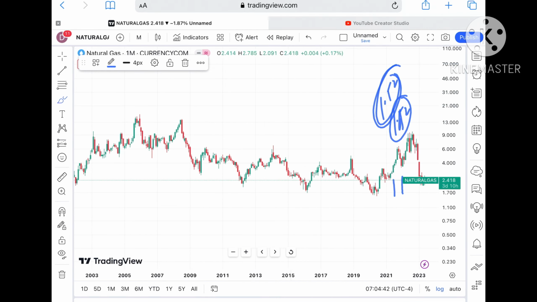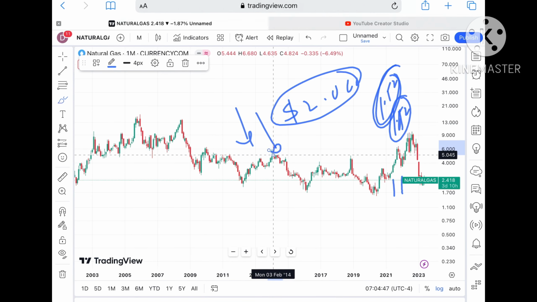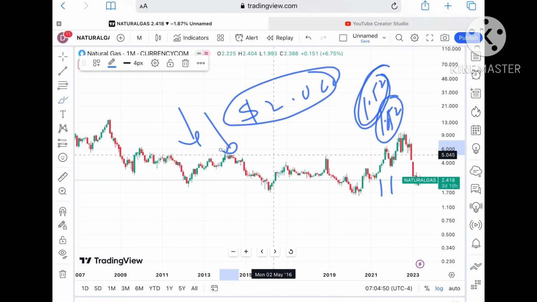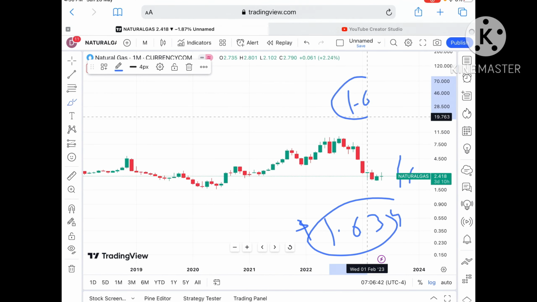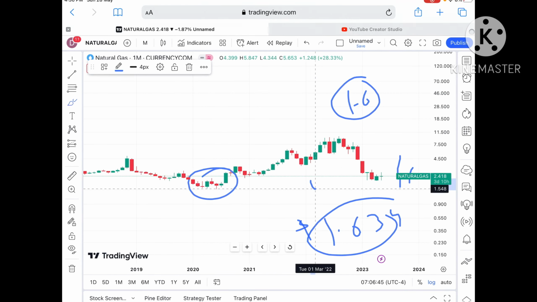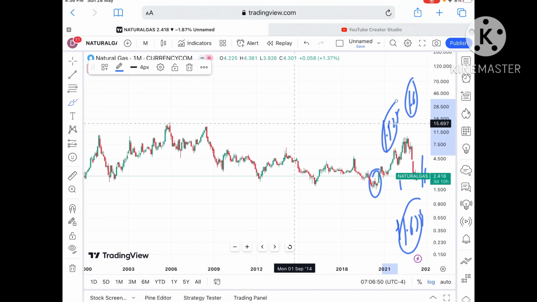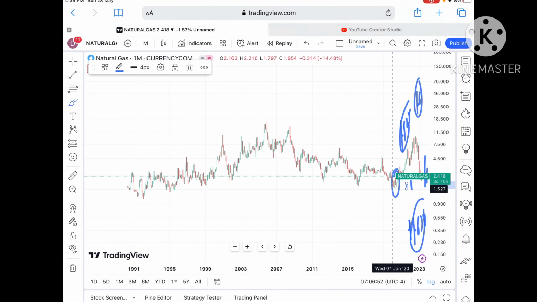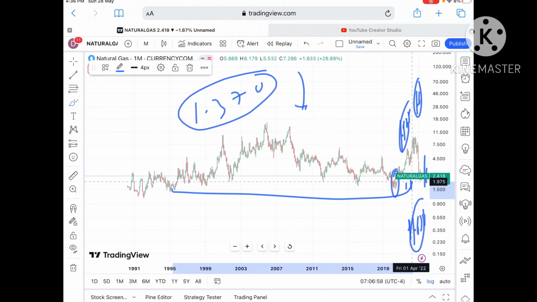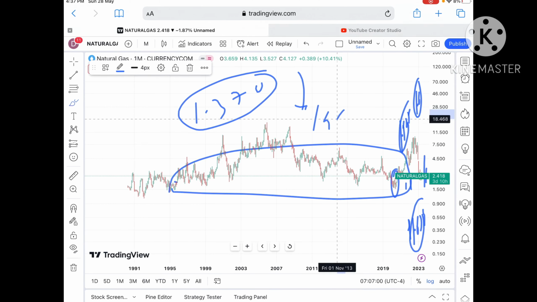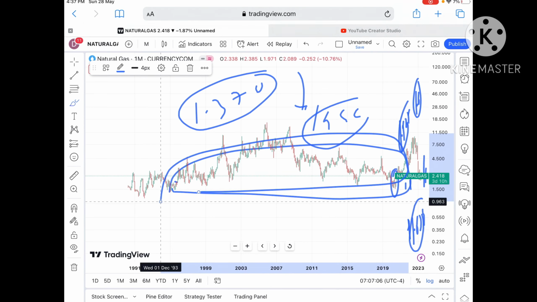So you have to understand, once it starts falling below $2.026, then a probability of going further down is there, otherwise it will move above that particular zone. If the price falls below $1.9, chances of touching a level of 1.6 will be there, and then it can go out of this particular zone and touch a level of 1.527, which is the low of that zone. So once it starts falling below this level, then yes, the probability is very high it can go towards a level of 1.370 and then further low, because we have not seen this level since 1999, and a probability of going further low will be there because there will be a zone breakout after it falls below 1.